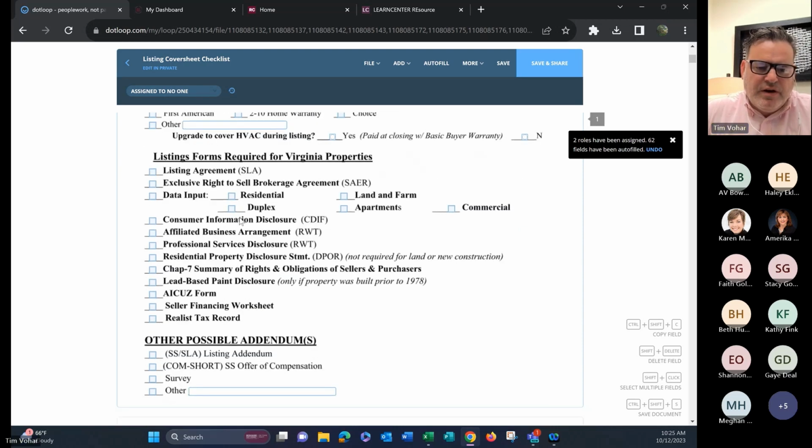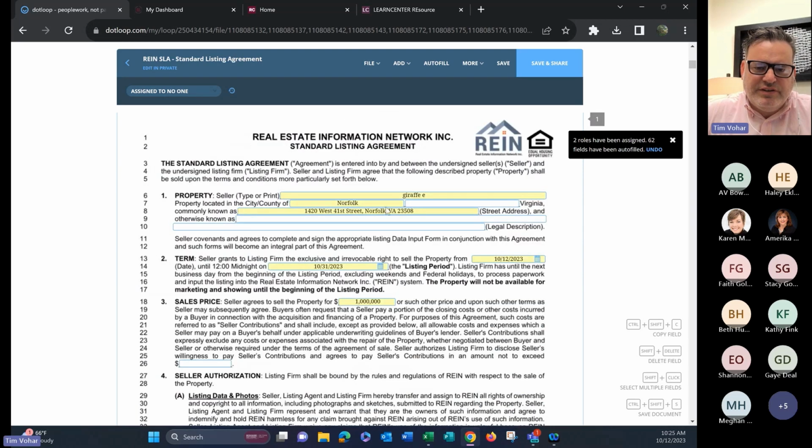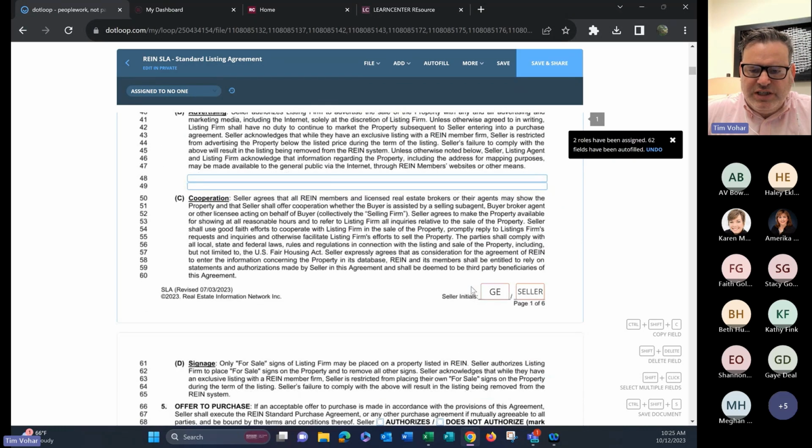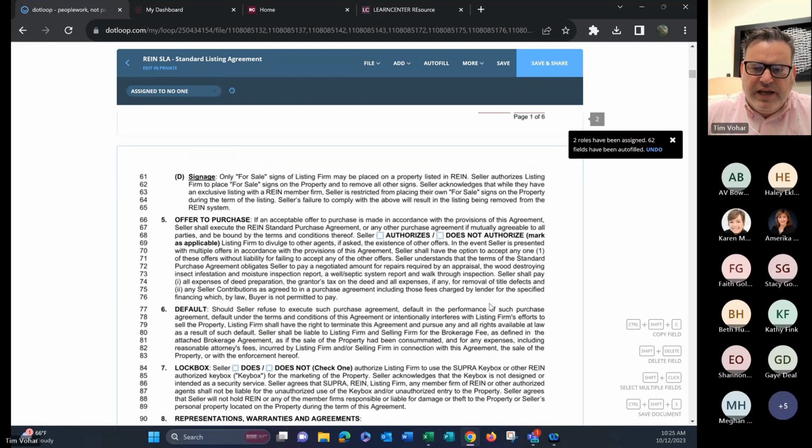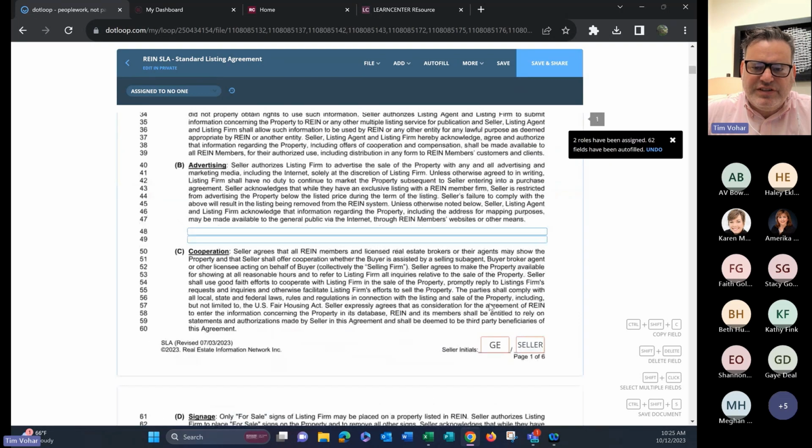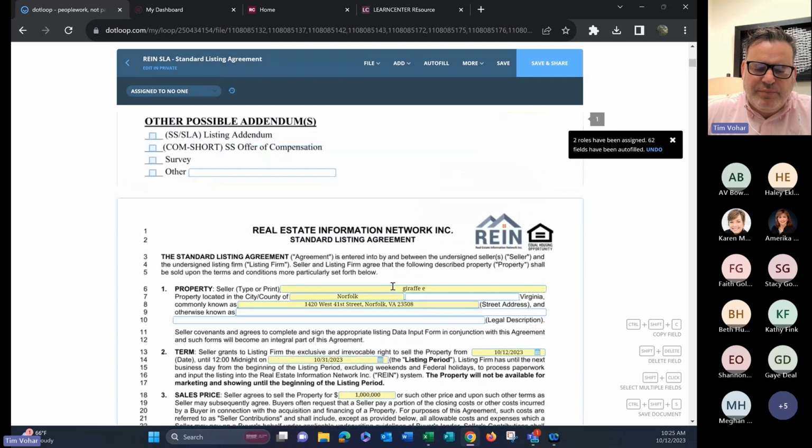You're welcome. All right. Scrolling on down to the standard listing agreement, it auto fills. If you have to fill in, this one didn't have the legal address, but you can see it's got everything else. It also has GE set up for Giraffe to sign. And let's say that Giraffe was the owner of the property, but the property is owned by,